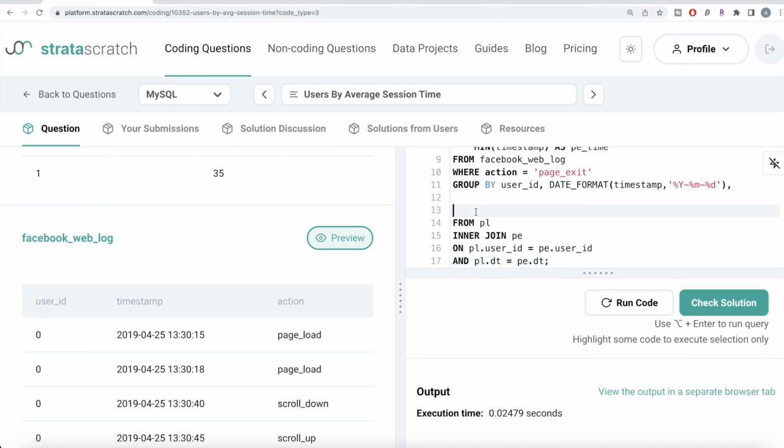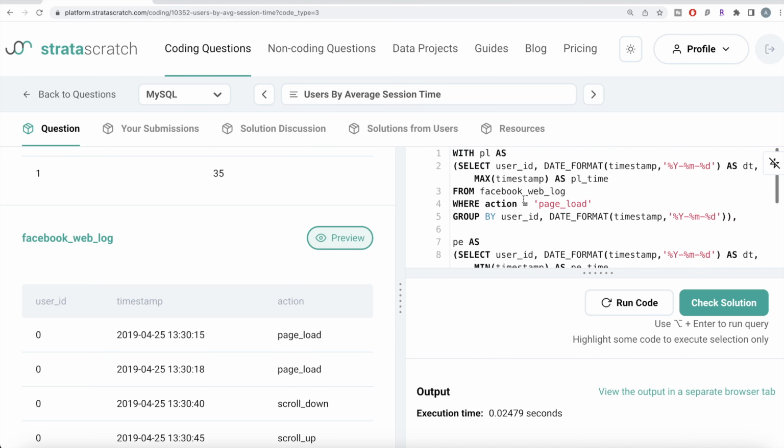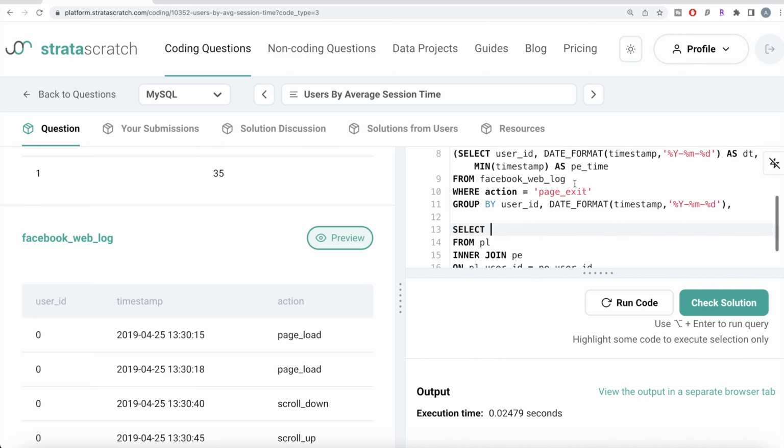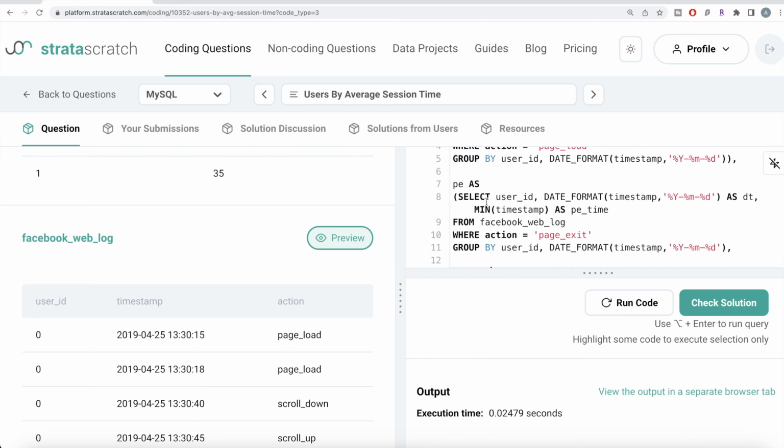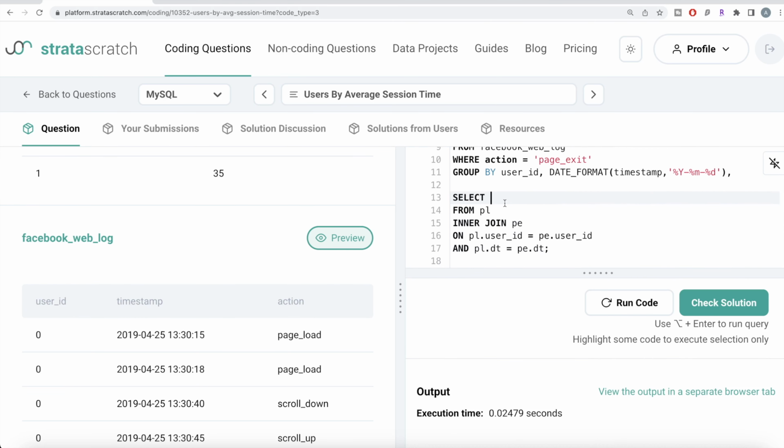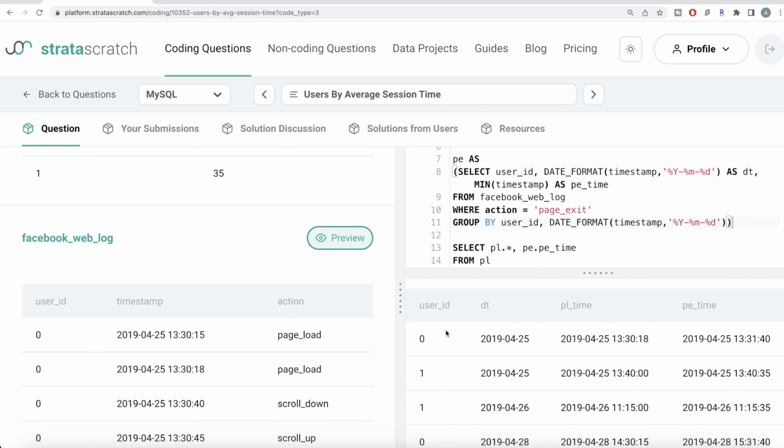And once you join it, then you return the three columns that you have for page load, user ID and date and PL time, and from page exit, since you are doing an inner join, these two are basically redundant, so you just have PE time from that. So we can do PL dot asterisk and then PE dot PE time. Okay, so now you have different user IDs, the dates, and page load time, and page exit